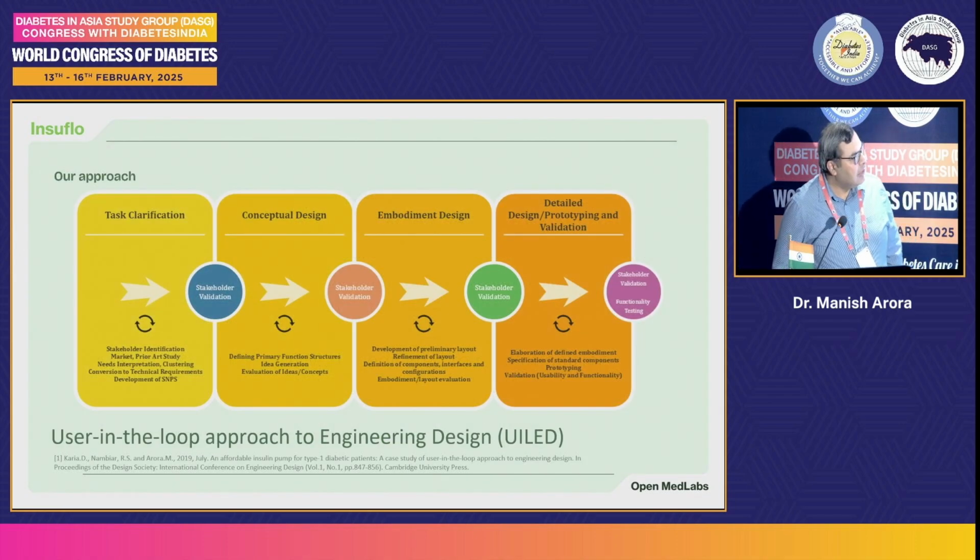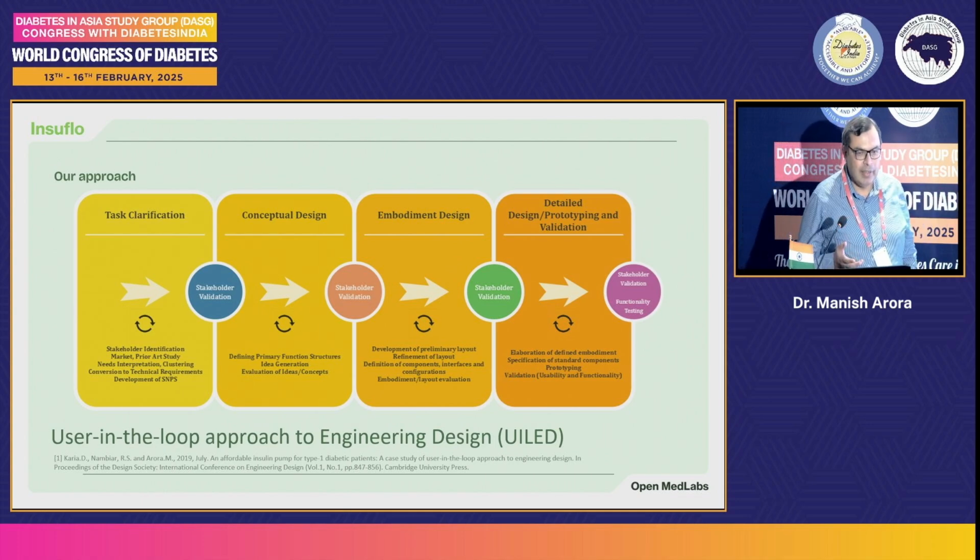The way we do this process is slightly different compared to a pure engineering process. We are very concerned that we are working with human beings, and therefore a user-centric approach is picked up. Here we are looking at a pathway of developing a medical device, so definitely it's to be used by humans, and we have a process which is called user in the loop engineering design approach, right? So user being, in this case, human beings who are using the pump, and the process looks like an engineering design process where you identify the task, what is to be done, you build some concept, but you always take feedback. And of course, that's the way it should be done.